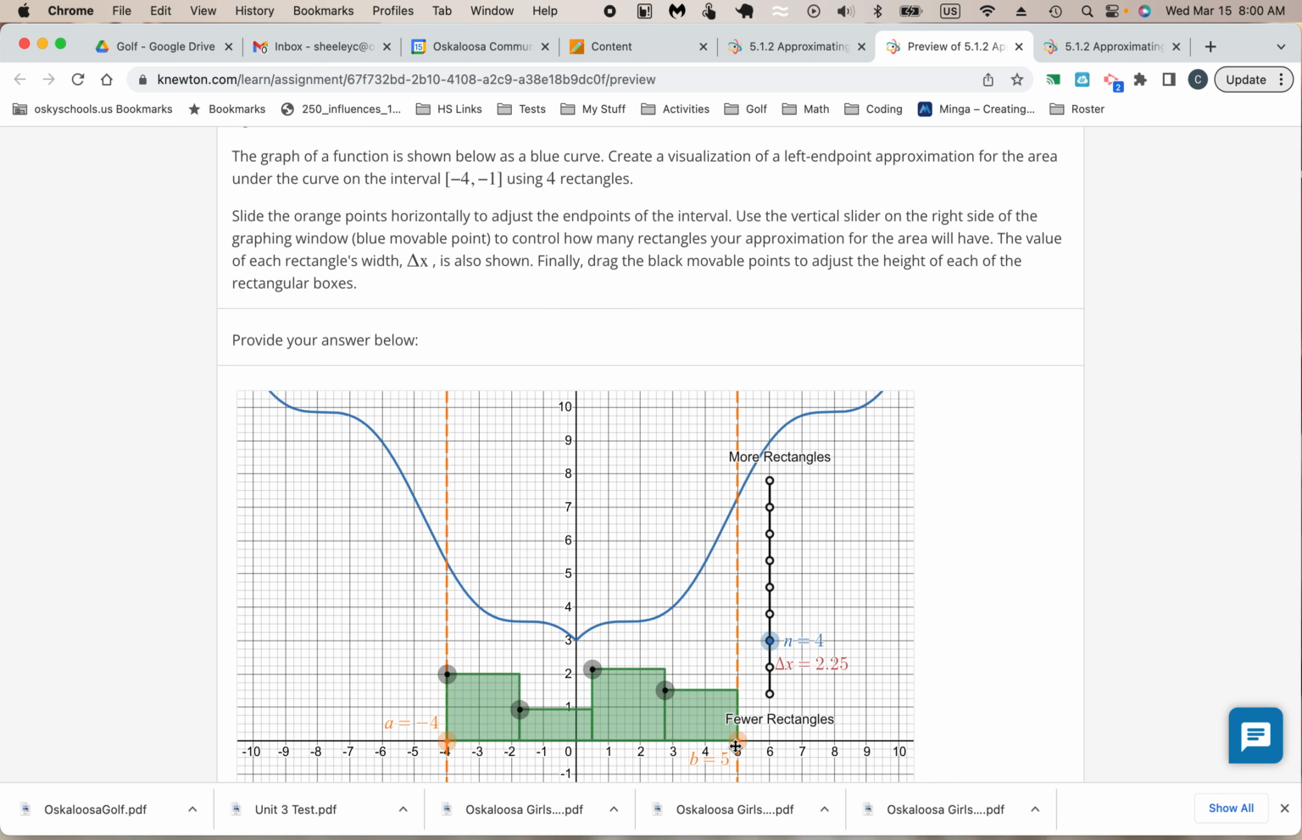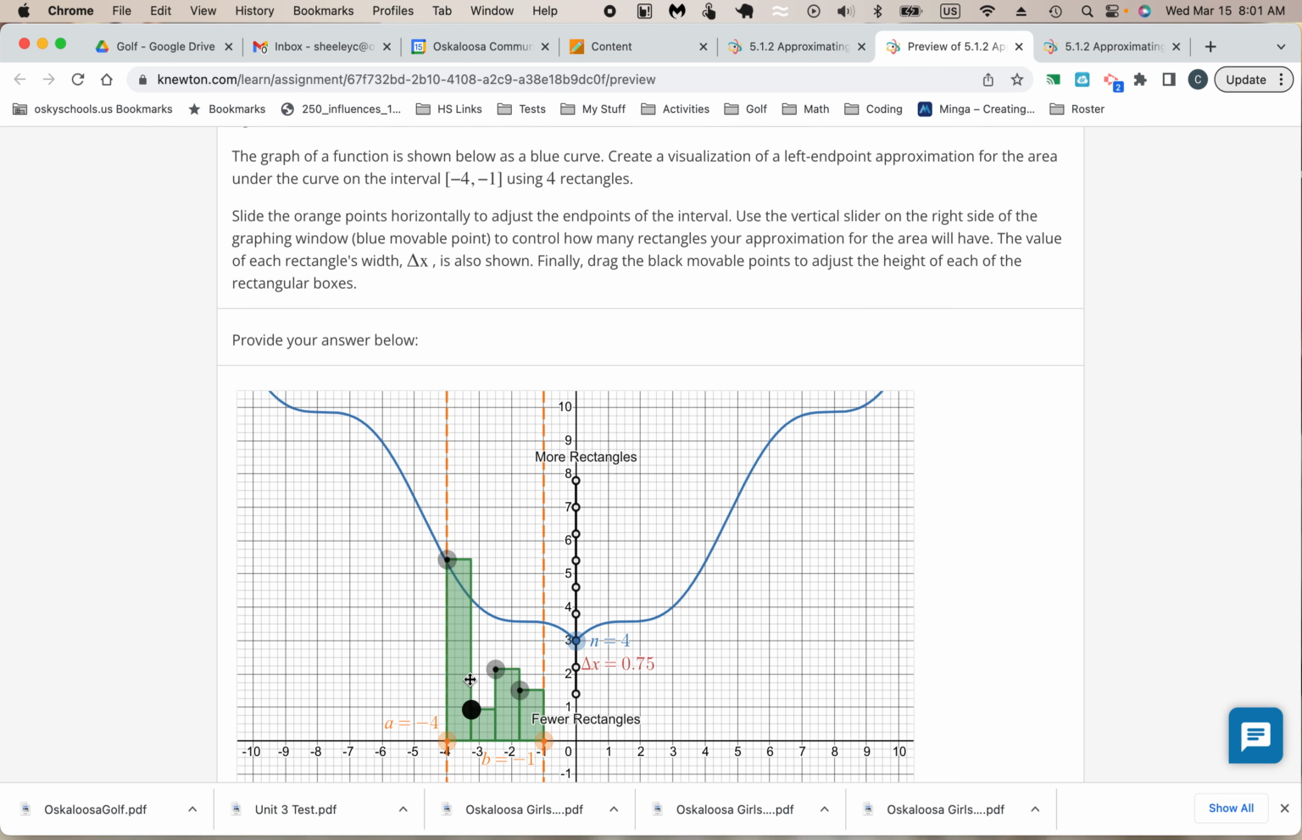So we're going to set up our vertical asymptotes on -4 and -1. And we're using 4 rectangles. They already have 4 rectangles set up here. So we're going to take the left endpoint of the first rectangle and we're going to put it right on